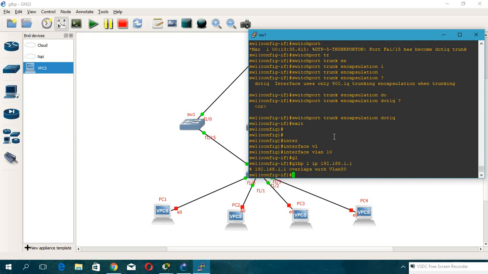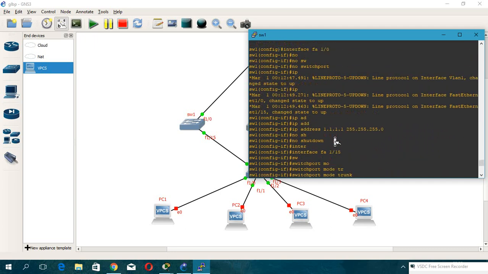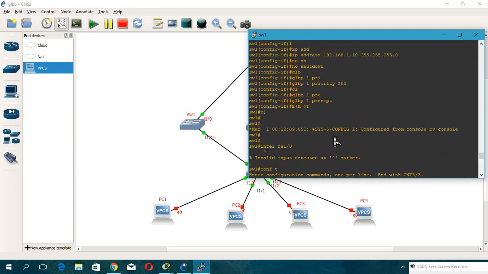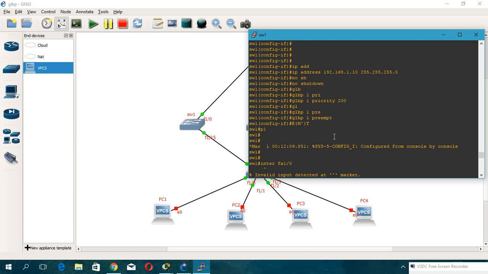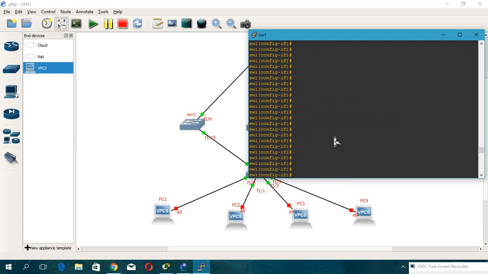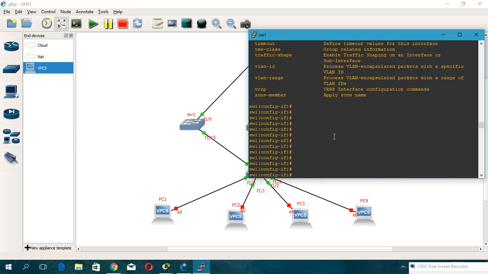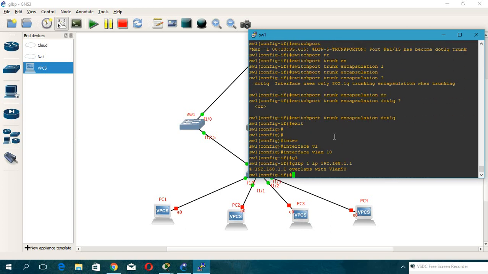Okay, VLAN 10 is 1. In this switch 2 we also configure